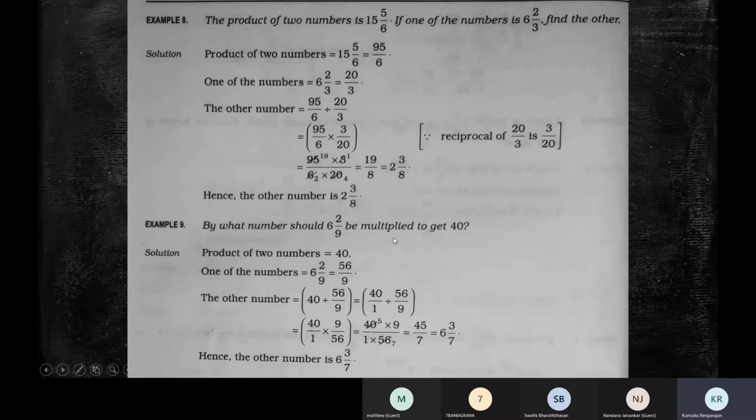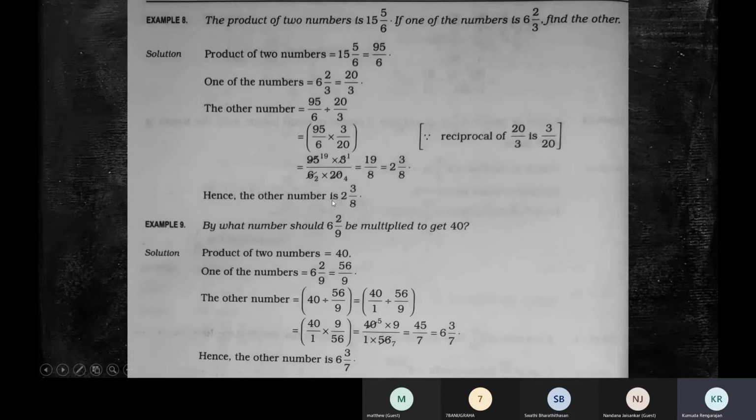And how do you understand the situation? By taking your own convenient numbers. You should take your own convenient numbers and analyze how you got that answer. We used 5 and 40. From 5 and 40, we said the answer is 8. How can you get 8? By dividing 40 by 5. Which one did we write first? This number 40. Then we wrote 5. Similarly, here it will be 40 divided by 62/9.